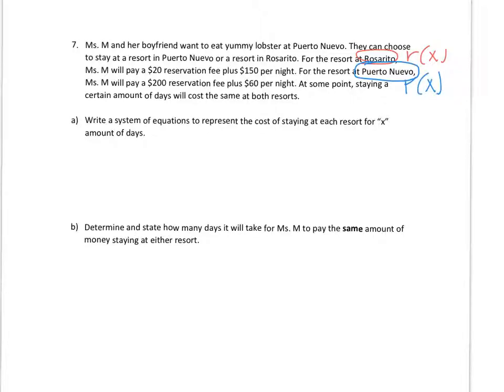Okay, so for letter A, it says to write a system of equations. A lot of you guys, I noticed you're already setting the equations equal to each other on step A. That's not what step A is asking you to do. Step A wants you to write two separate equations. That's called a system. So for Rosarito, which is R of X,